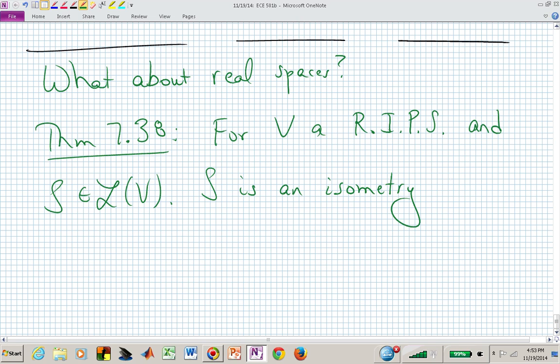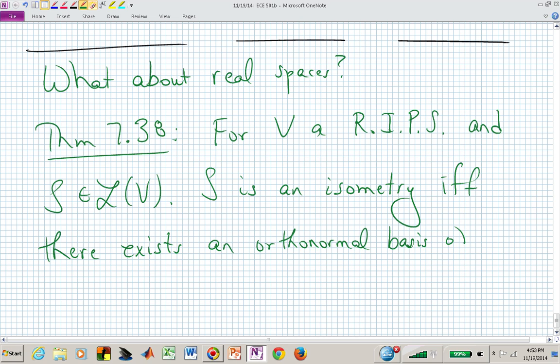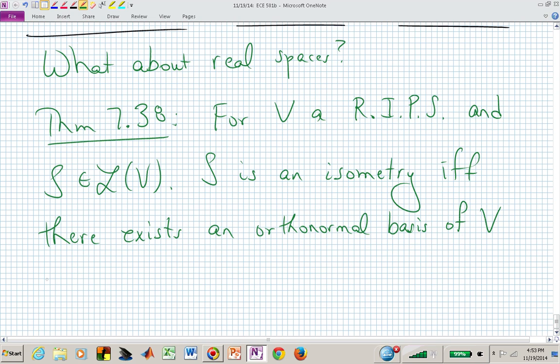S is an isometry if and only if there exists an orthonormal basis of this real inner product space V in which this operator S,